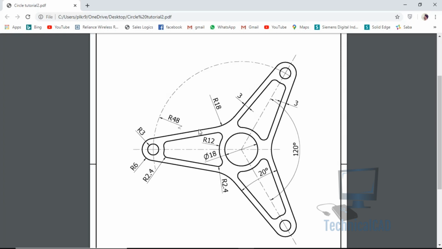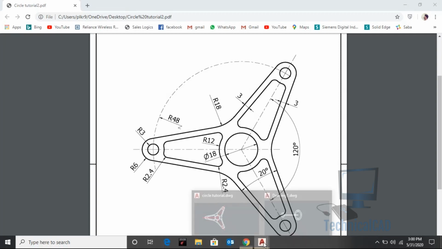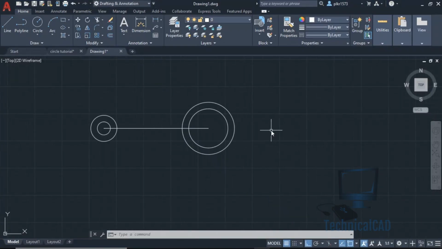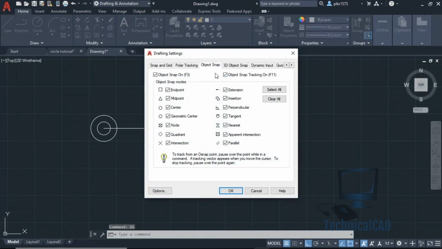For creating this part, I will tell you one logic. If you observe, this line is tangent to the inner circle here and the outer circle here. For that purpose, I will go to Drafting Settings, and in object snap, I will clear all and select only tangent and give OK.